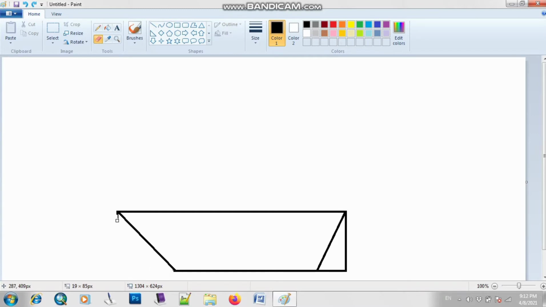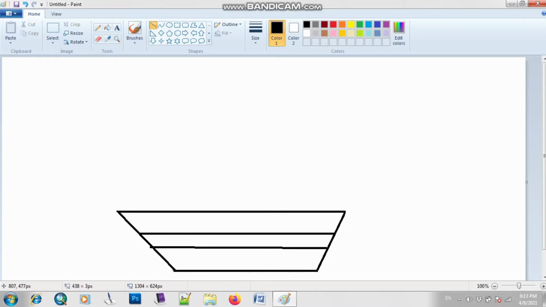Right, I can make my eraser bigger with the help of a shortcut key, Control and plus. Sorry, Control plus. You can make the size of your eraser bigger if you press Control and the symbol of plus. Is it clear? Okay, so now I need the line tool to draw a line. Okay, this way or